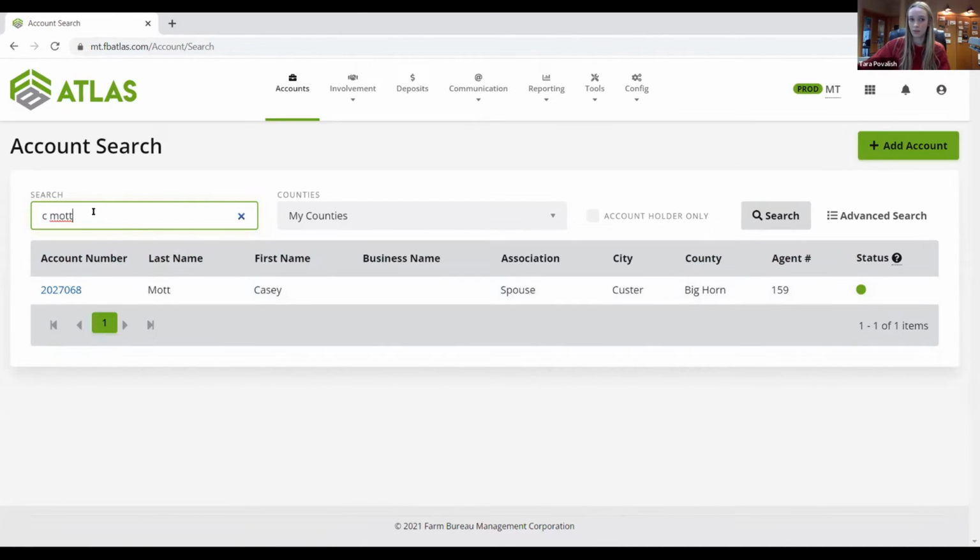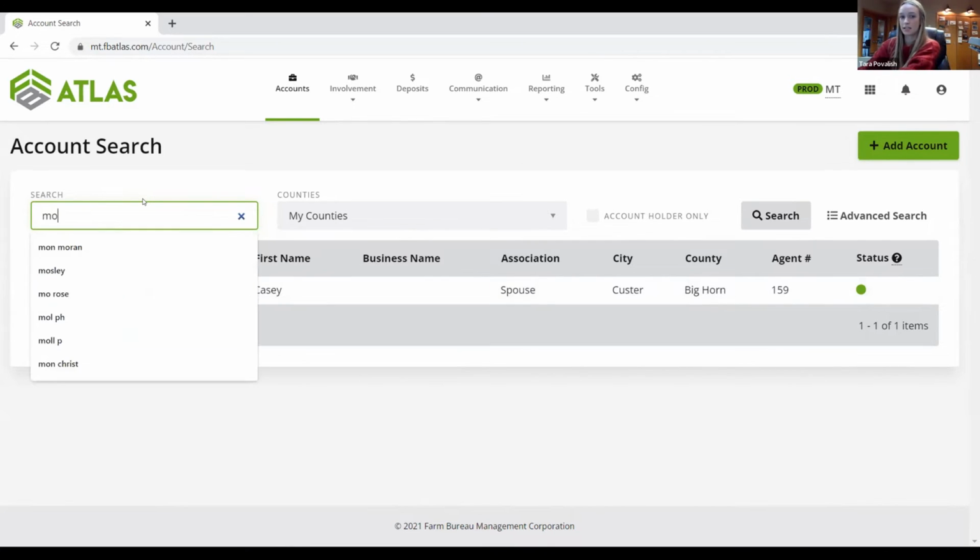So if you have, say, someone from insurance calls you and has a question, they only have an account number, or say you can't figure out how to spell someone's name, go ahead and put their member or their account number in here. And as you can see, if you can't figure out someone's name, maybe don't know what their first name is, you can search by just last name.